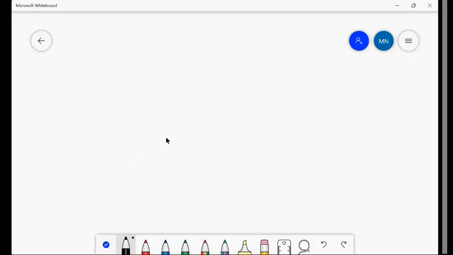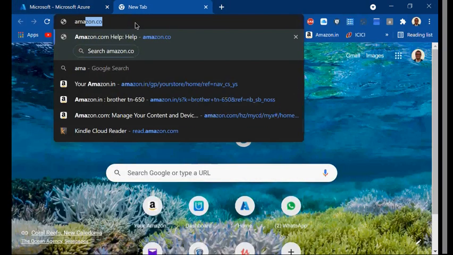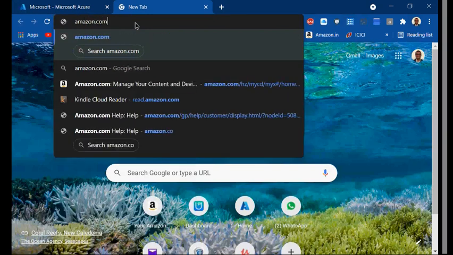Forward lookup zone will have the A record, and reverse lookup zone will have the pointer record. An A record is useful for converting name to IP, and a pointer record is useful for converting IP to name. Means whenever any user is typing, for example, here I'm a user. So when I'm typing something like Amazon.com, assume, right? When I'm typing this, do I know the IP address of this site? And can I remember that IP address? I can't.